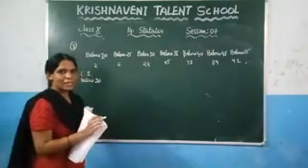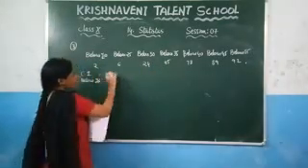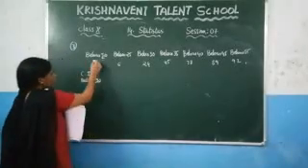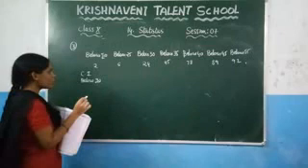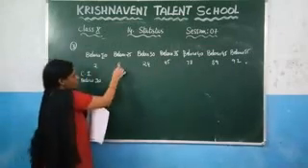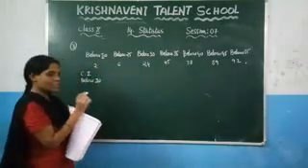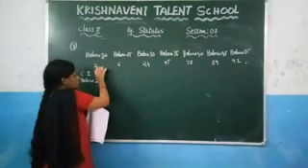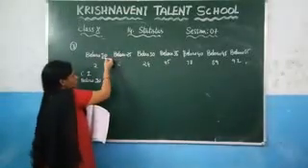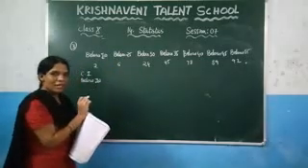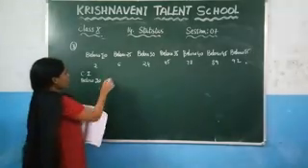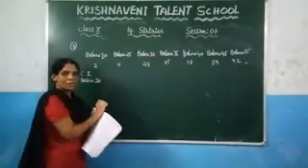So indirectly, what they have given here are the cumulative frequency values. Here you can observe that below 20, how many members are there? 2 members are there. And similarly below 25, how many members are there? 6 members are there. That means in these 6 members these 2 members are also included, because you know that below 25 means 20 also will be there. So indirectly they have given the cumulative frequency. What is meant by the cumulative frequency? By adding the sum of the frequencies, you will get the cumulative frequency.